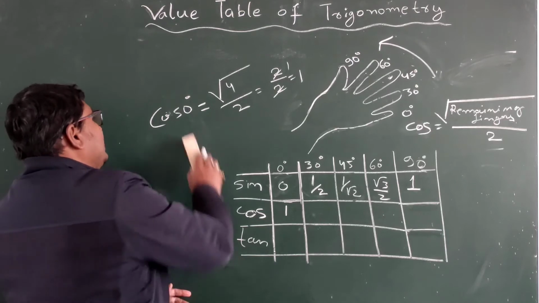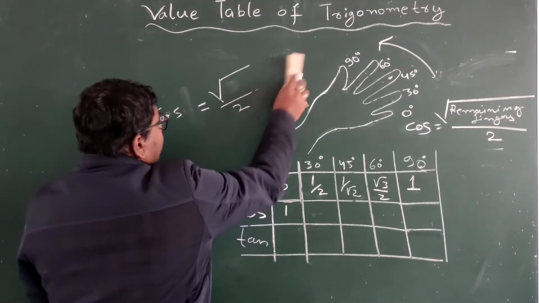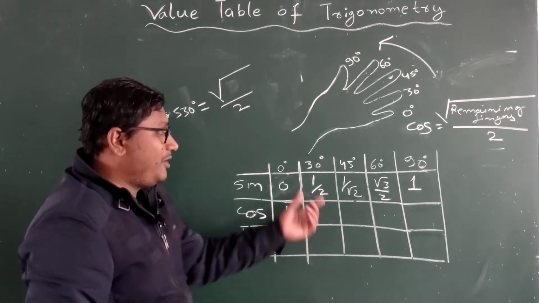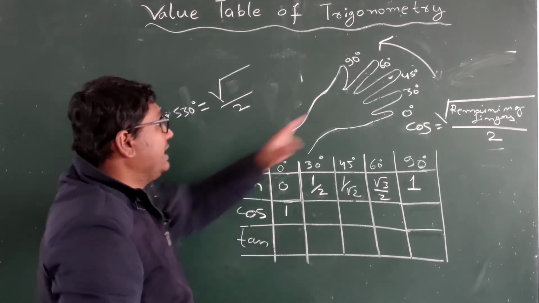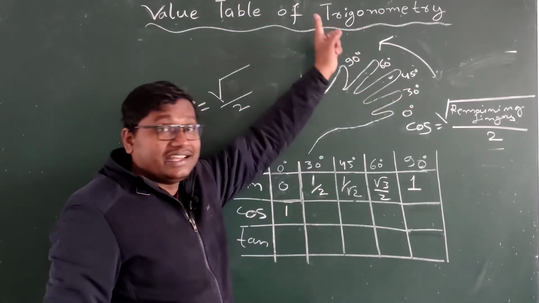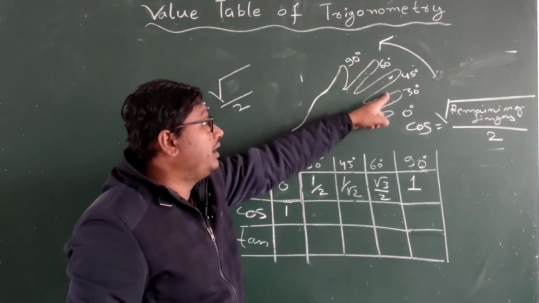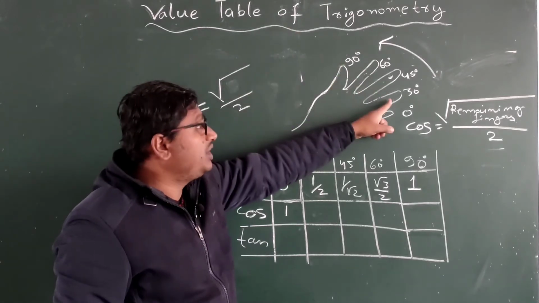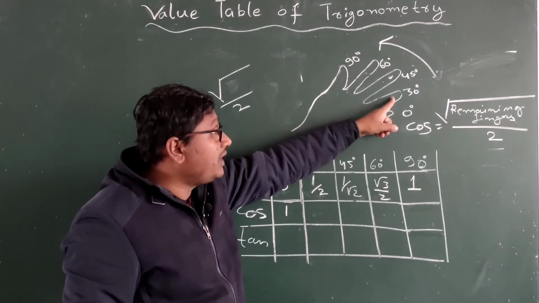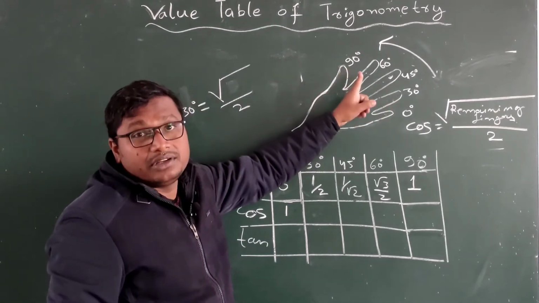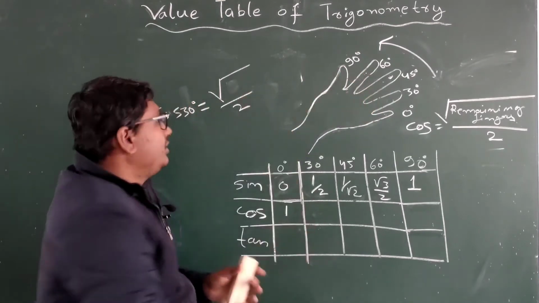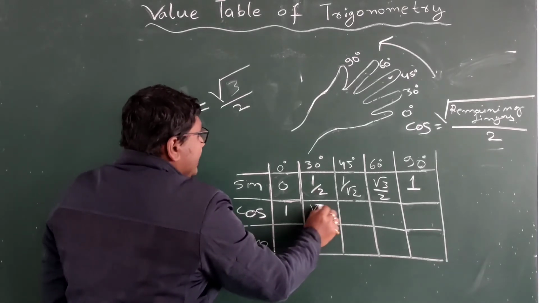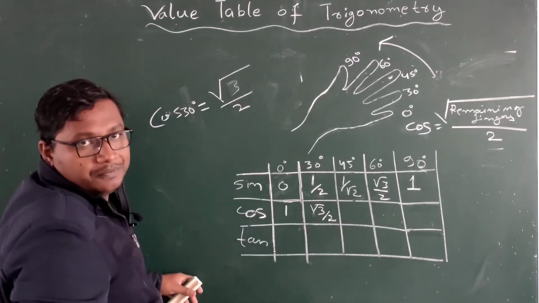Now again you see, this time cos 30 degree. The same formula, because we have already got all the values of sine. 30 degree is here, so we are going in this direction. How many fingers will be left after this finger? We need to see the fingers above the given finger. We are talking about this finger, so we should see above it how many fingers are left. There will be 1, 2 and 3, so we should write 3 here. It will be root 3 by 2. So cos 30 degree will be root 3 by 2.